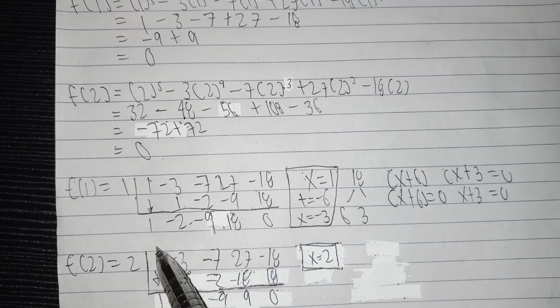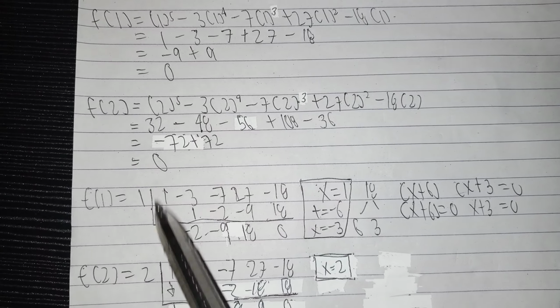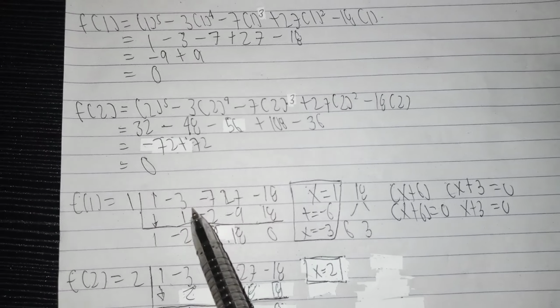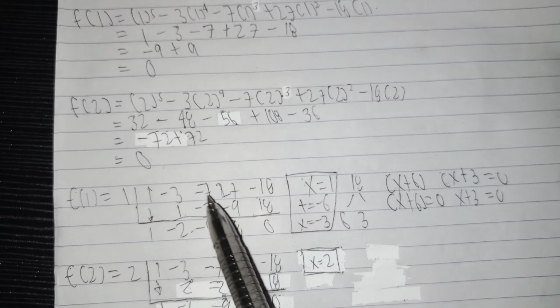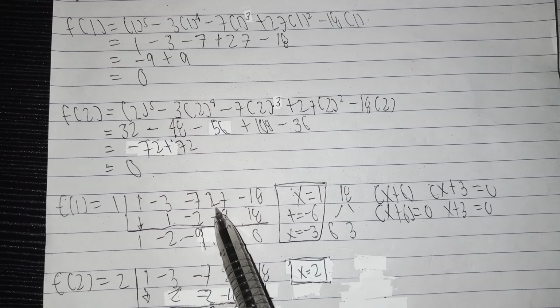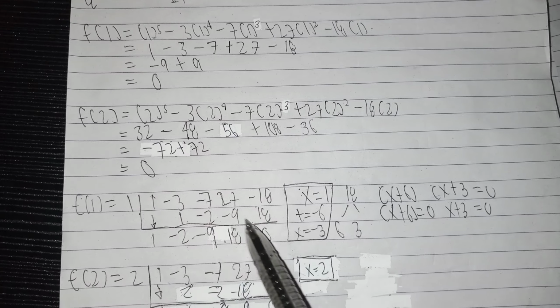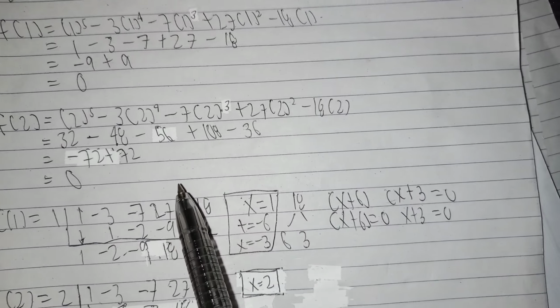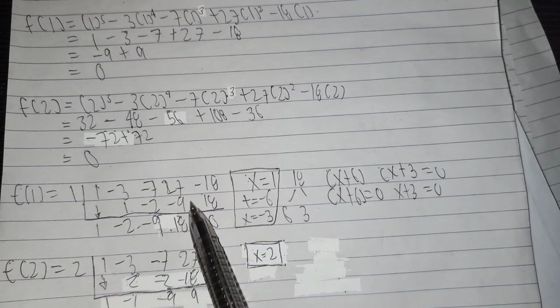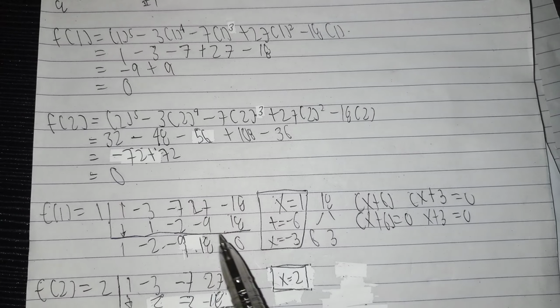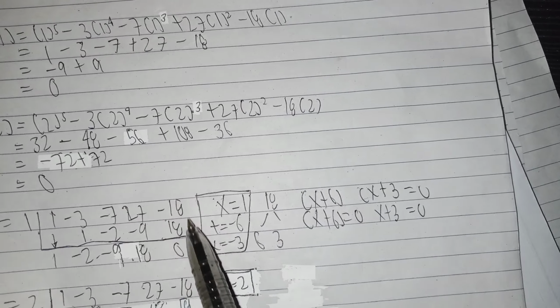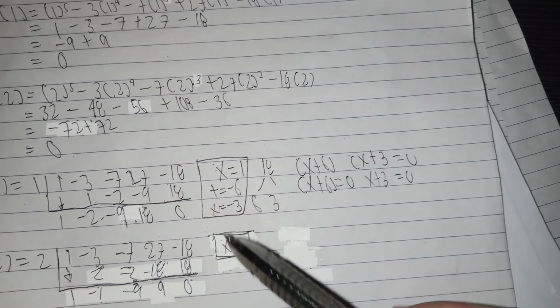Bring down 1. So 1 times 1 is 1. Negative 3 plus 1 is negative 2. Negative 2 times 1 is negative 2. Negative 7 plus negative 2 is negative 9. Negative 9 times 1 is negative 9. 27 plus negative 9 is 18. 18 times 1 is 18. Negative 18 plus 18 is 0. So therefore,